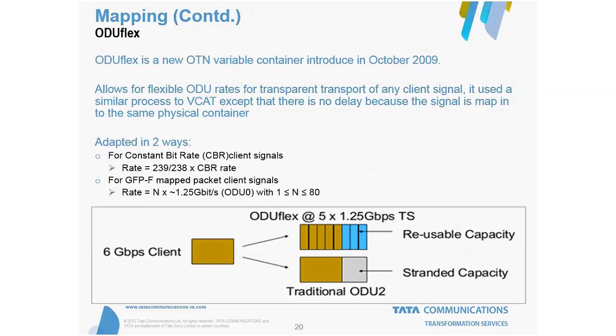virtual concatenation. Okay. So you're going to provide a 10 Mbps signal to a customer. What will you do? Exactly. So virtual concatenation is used here, and providing a customer 6 Gbps is made possible here, and that is adapted in two ways, and these are set by ITU-T, and this is the constant bit rate or the committed rate, and we use this GFP framing procedure, and this is 1.25 ODU0, okay, and these are the numbers.